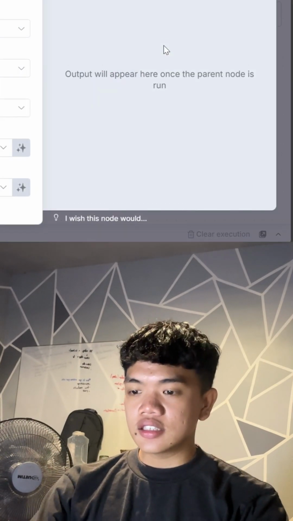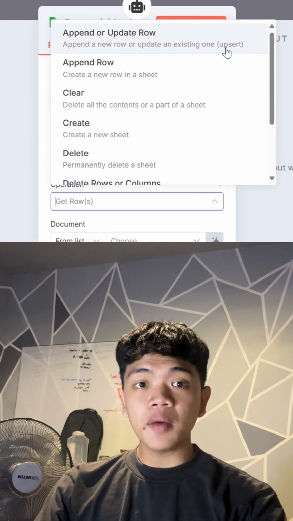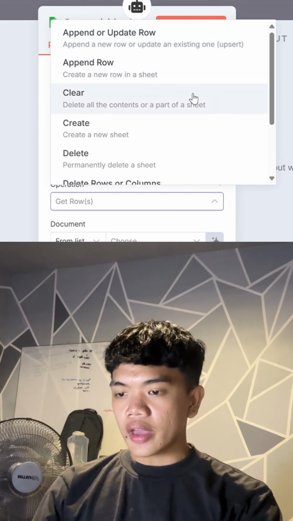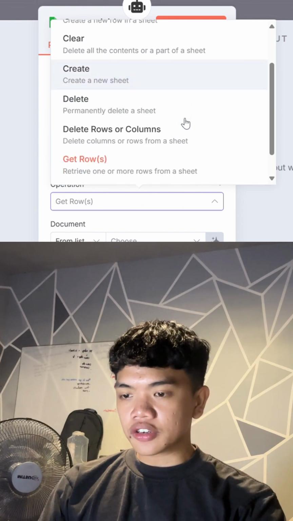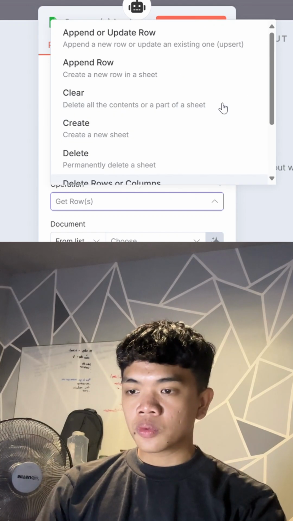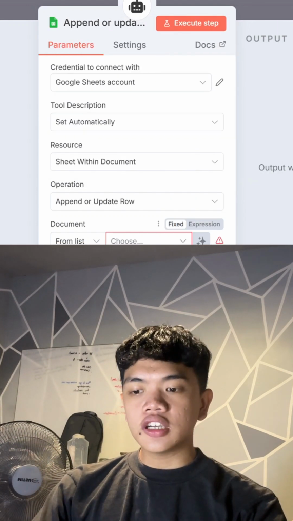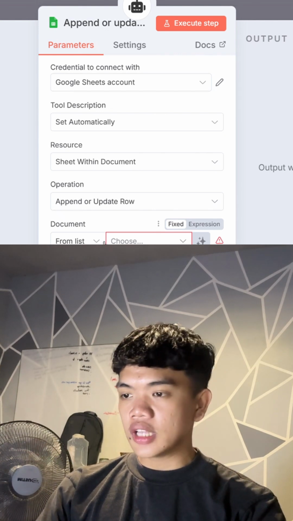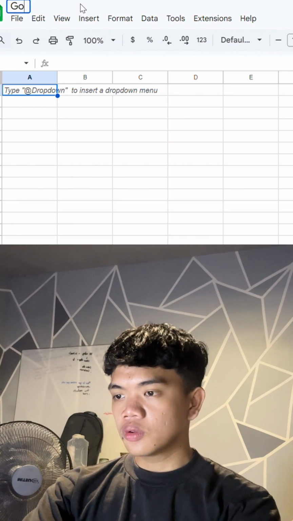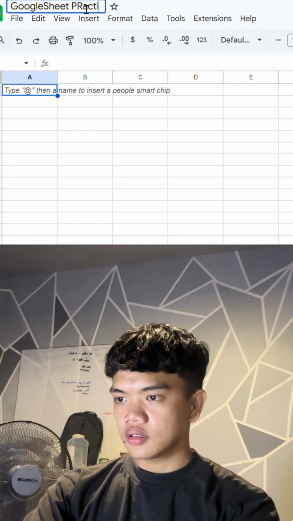So let's discuss the different operations of the Google Sheet node. We have append or update row, append row, clear, create, delete rows or columns, get rows, and update rows. First, we're going to use append row. As you can see, we need a Google Sheet here. So we're going to our Google Sheets and create a blank spreadsheet, and we're just going to give it a title, Google Sheet Practice